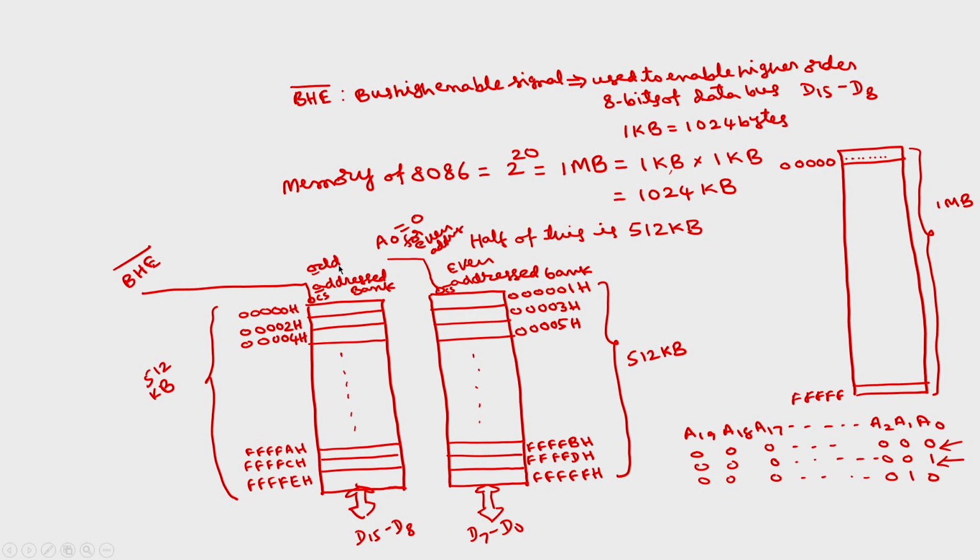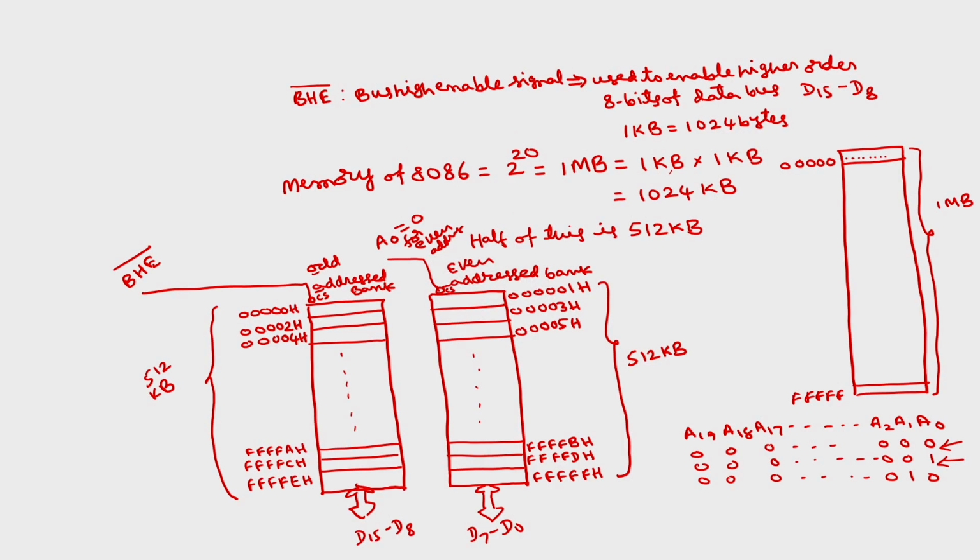Understand? So this is the even bank because A0 is connected to it. A0 is 0 only for even address lines. So for an even address, A0 is 0, so chip select is 0 and this chip will be selected. Whereas the higher order bus is for odd addresses, so BHE bar will be used for selecting this chip select. Now we can form the table, BHE bar versus A0, and the type of memory operation. If both are zeros, what happens?